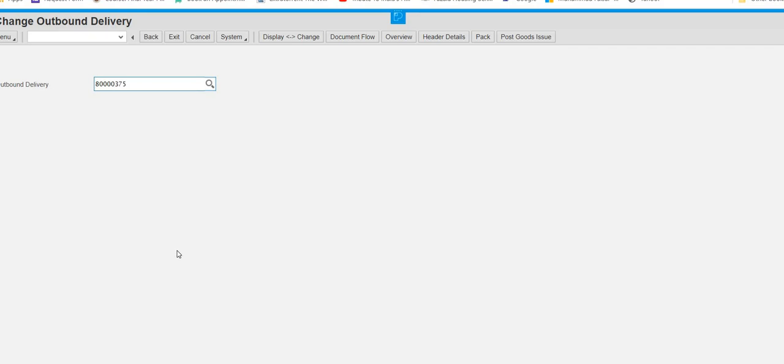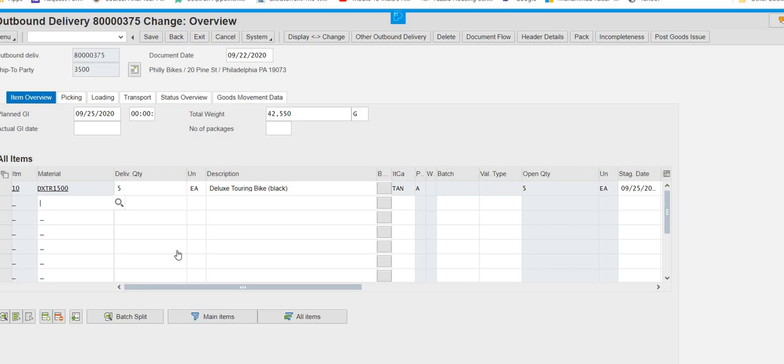Now over here, the outbound delivery document number is displaying automatically. Now what they are saying, to enter the picked quantity, you have to go inside. To go inside, you will press enter. Now you have to do one change here.